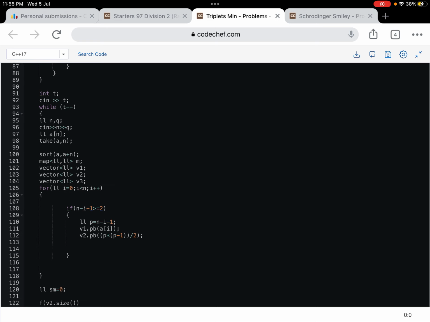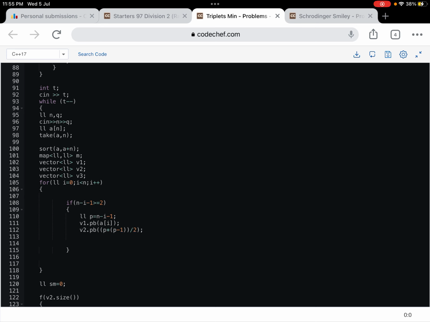Now I will iterate through each value of the given sorted array. If the number of elements to the right of it is greater than or equal to 2, n minus i minus 1 is the number of elements exactly to the right of the ith element, right? So if n minus 1 minus i is greater than or equal to 2,